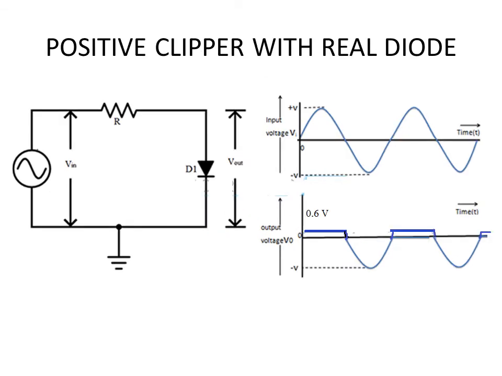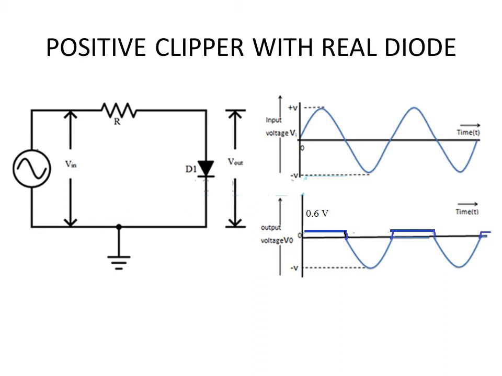Now, but in actual practice, all these diodes are not ideal. They are real diodes. So when we have to make small changes in the output wave shape, assume that it is a real diode. What is a real diode? It actually has got a potential barrier, which means current will not immediately begin to flow just because you have forward biased. So during forward bias, it will actually use an amount of voltage to overcome the potential barrier, and that is referred to as the knee voltage.